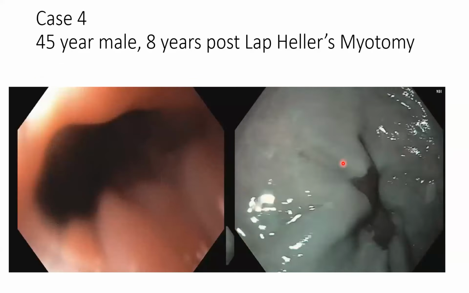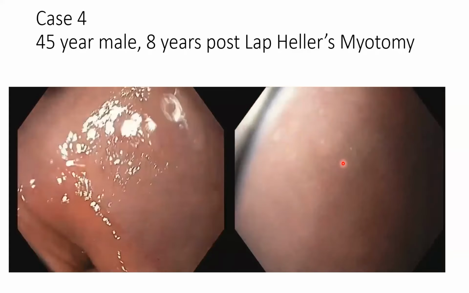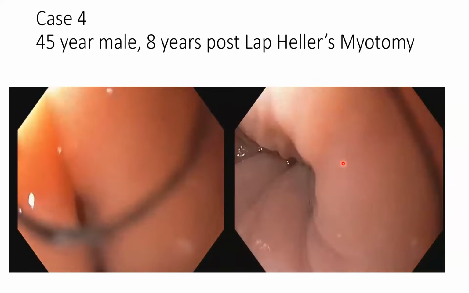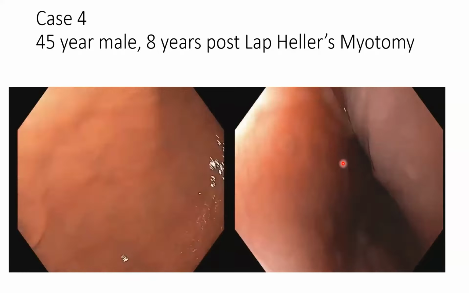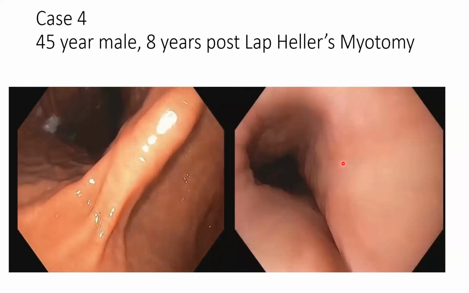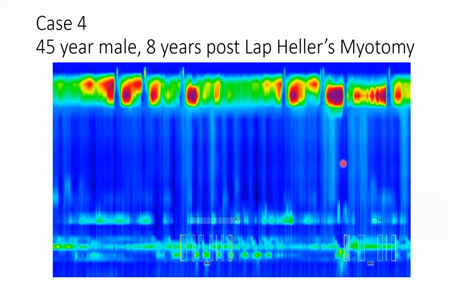I'll show you a video of a similar patient. This patient came to me 8 days after a lap Heller's, and his symptom was pain. You can look into the esophagus and see the proximal part is still dilated, and the LES is really open. It's not a problem at the LES level. So this patient had this